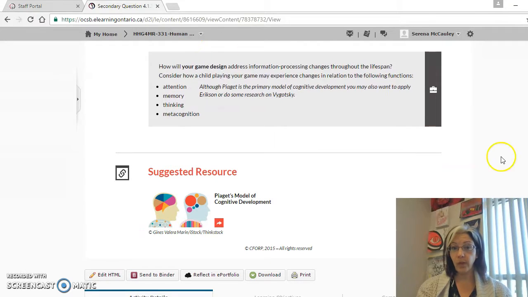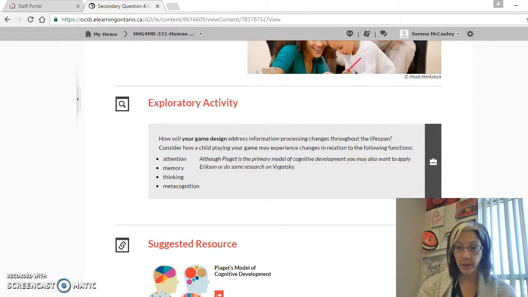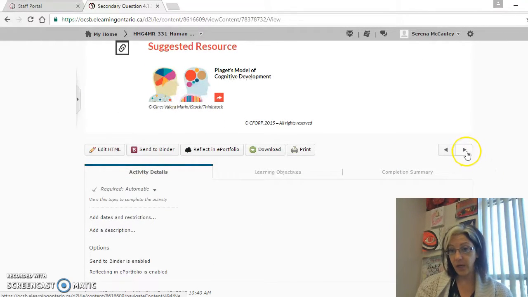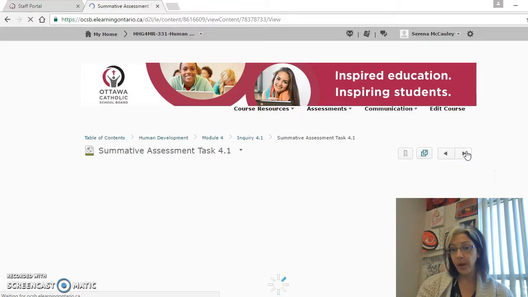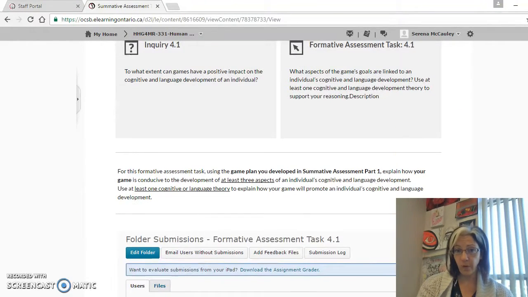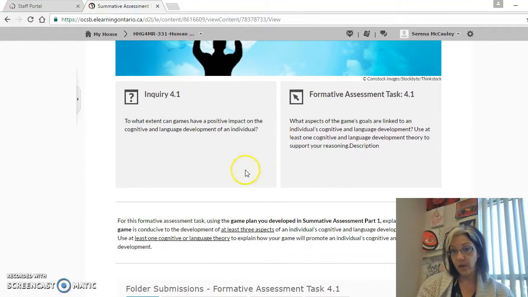Okay. Again, we've got a little bit of a guiding focus here. We've got a model of cognitive development, more research, more notes. This is inquiry-based learning. This is you independently working through this process. Okay. And then, of course, when you're done all of this, you could just click on this bottom arrow and it will take you to your summative task for 4.1, okay? And it'll take you to the Dropbox, and this is where you will submit your answer to this,